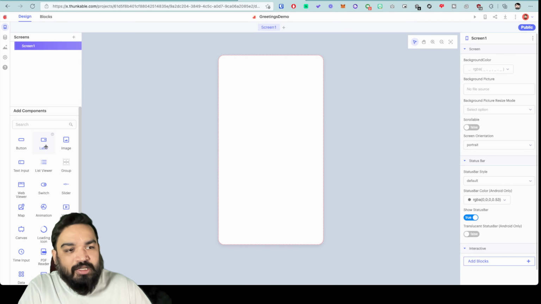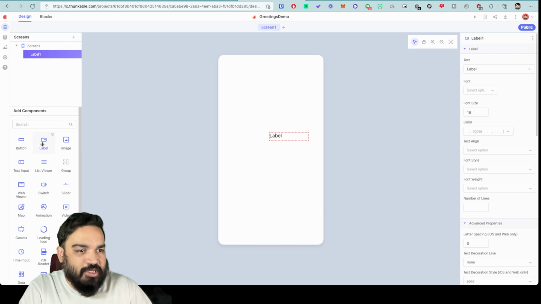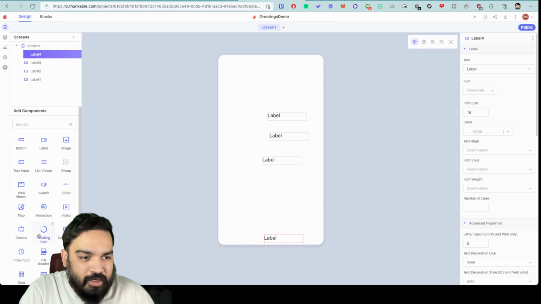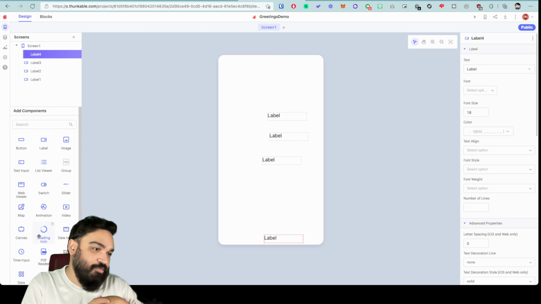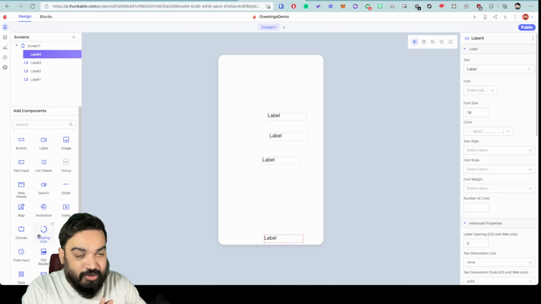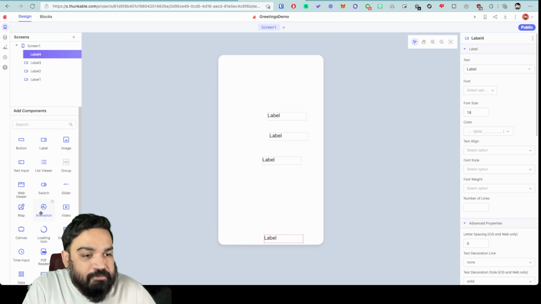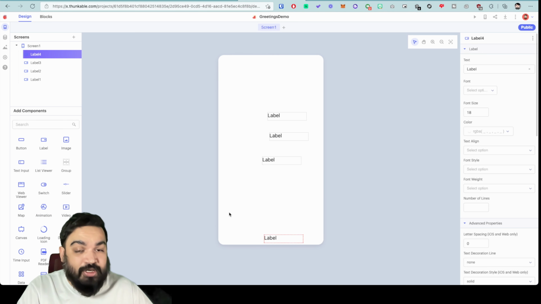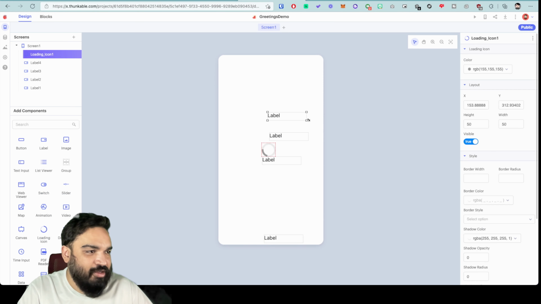So to add the text, I'm going to add labels, and we need 3 labels on top. So 3 done. Actually 4th also done, which is going to be the footer, which is the API credit. Whenever you're using anything built by somebody else, make sure you learn to give credit to them. After that quick yarn, let's quickly add the loading icon, which is the last component that we need here. I'm just going to add it here.